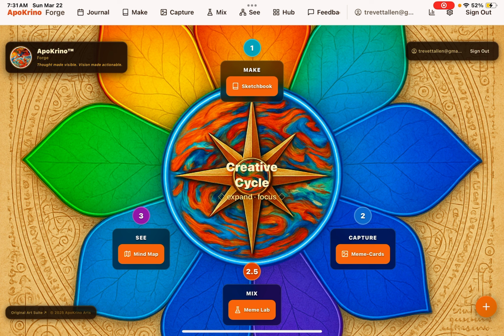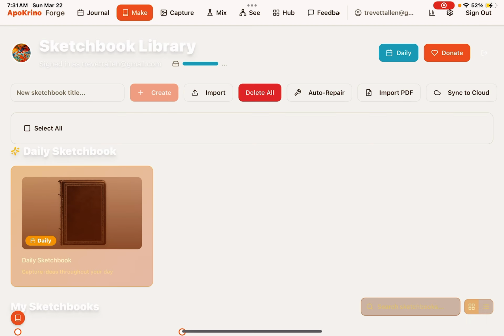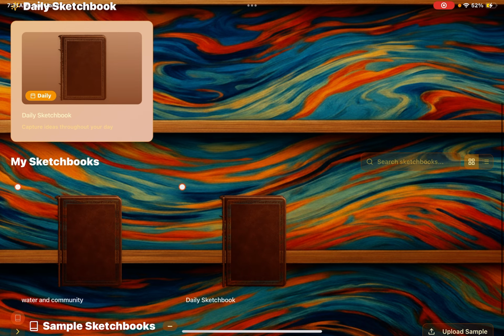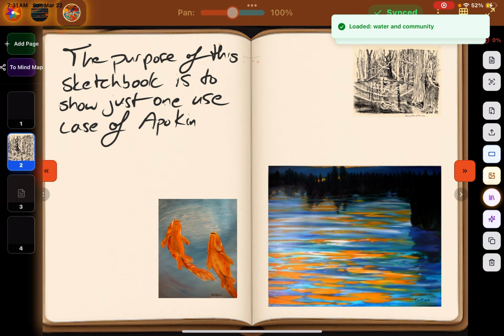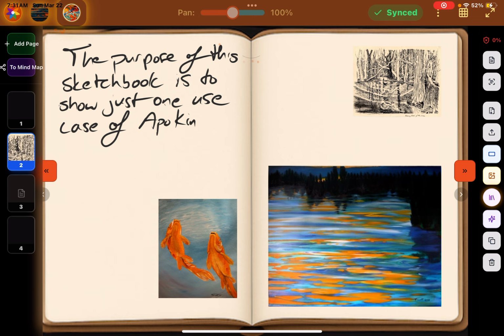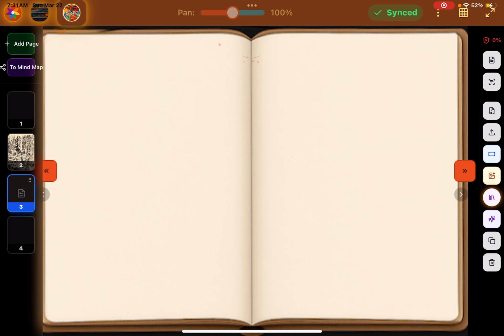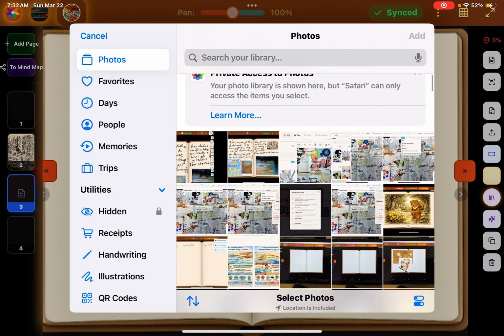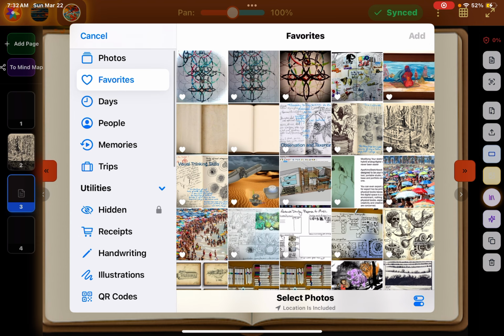So we're going to look at the sketchbook, and I'm going to show you a use case of how to use this to build a series of artworks. Okay, so I'm starting with my original series of artworks that used water as my subject, and it became pretty clear pretty early on that a series of